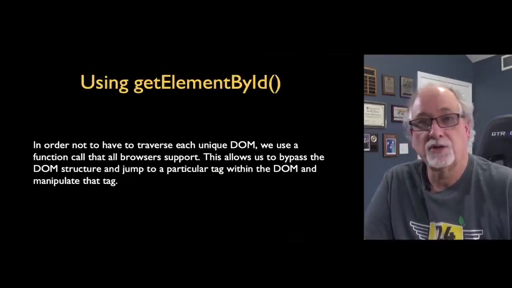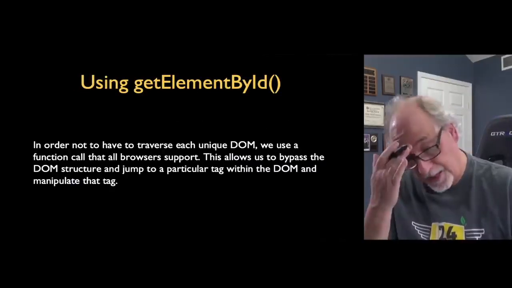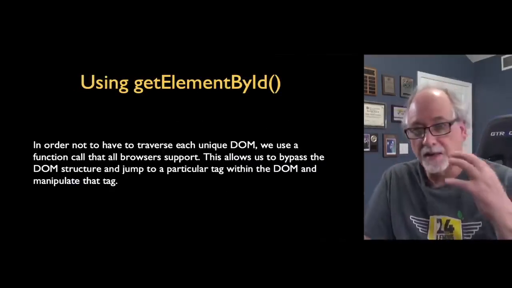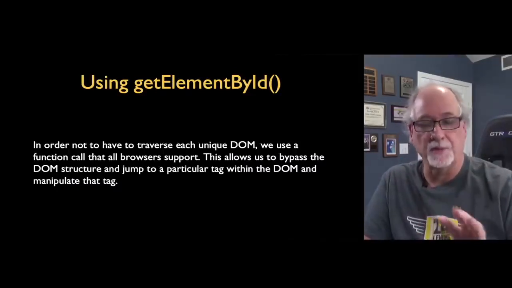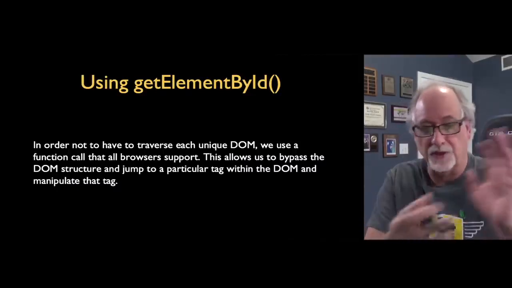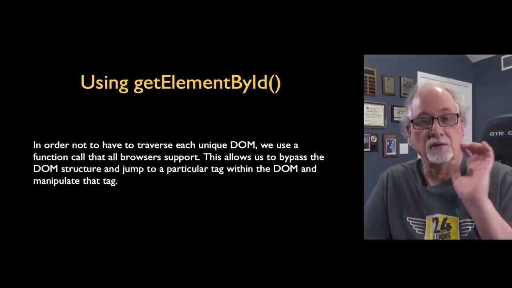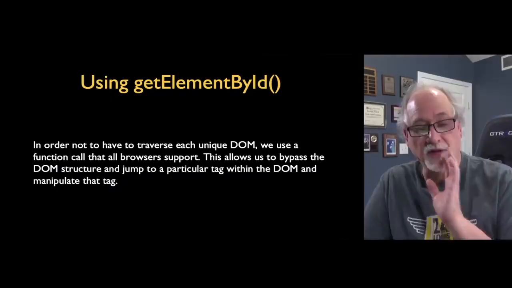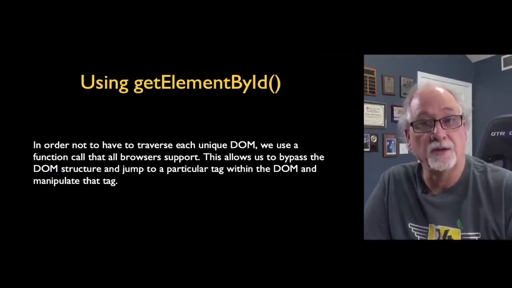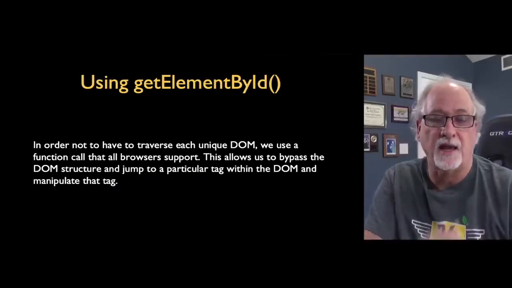So one of the choices they made back in the day was, in order not to have to look at the DOM directly, we would just bypass all the shape of the document object model, which was a hierarchical set of trees and tags. Say, look, we're going to put this ID field on a tag, and then we're going to give document.getElementById as a way to look up and get our hands on a tag, and then